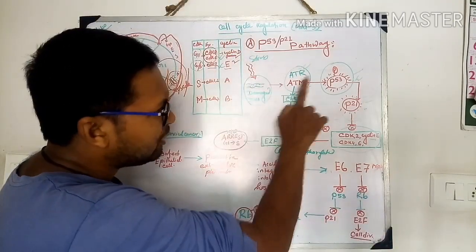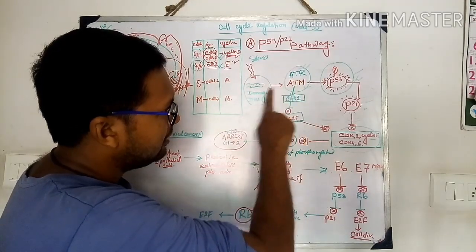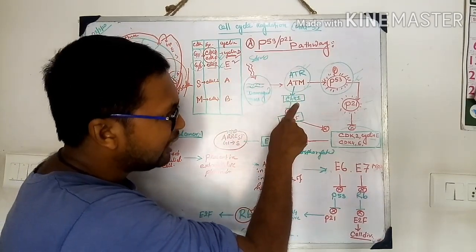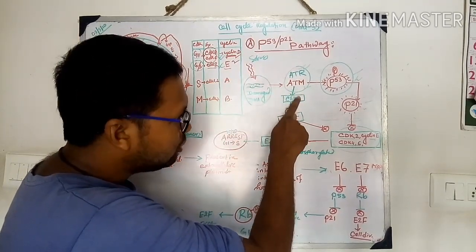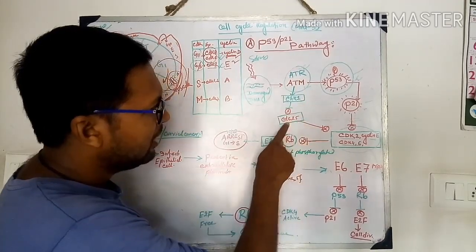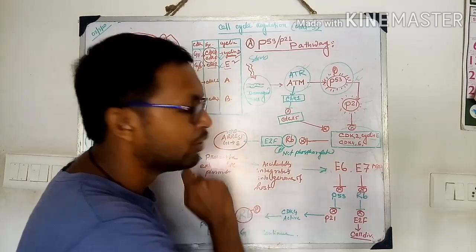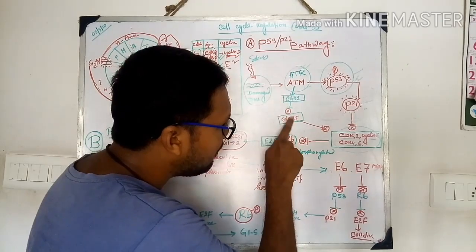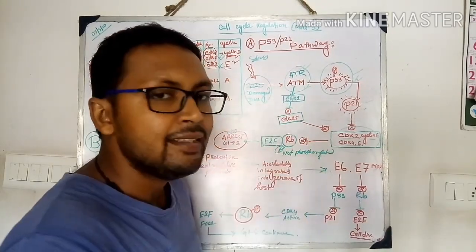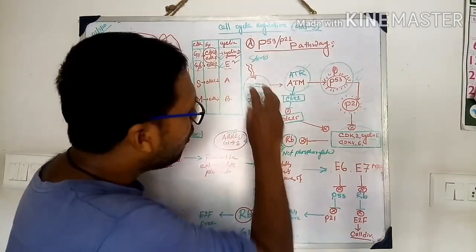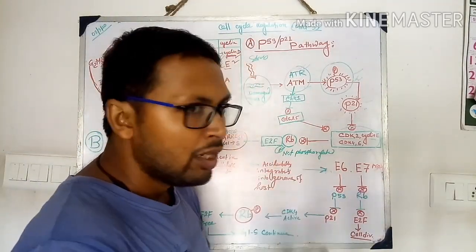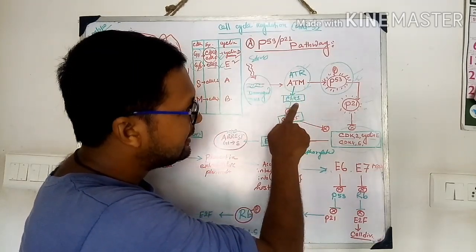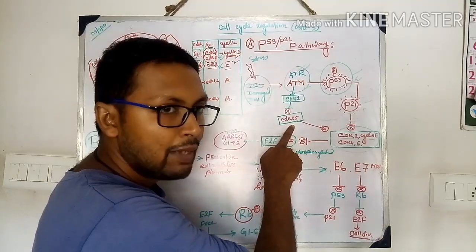And another pathway: when DNA damage occurs, ATM and ATR are activated, and another cell cycle checkpoint protein, CHK1, will be activated. When this is activated, it will directly inhibit the CDC25 protein. This CDC25 protein is a phosphatase, and it has immense ability to activate the CDK cyclin complex. Now, when DNA damage occurs, the cell has to stop the cell cycle. So here ATM is activated, CHK is activated, and CHK directly inhibits CDC25, because if it is not inhibited,